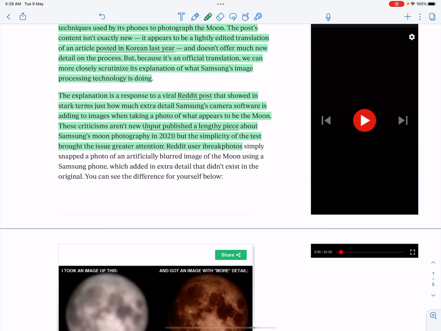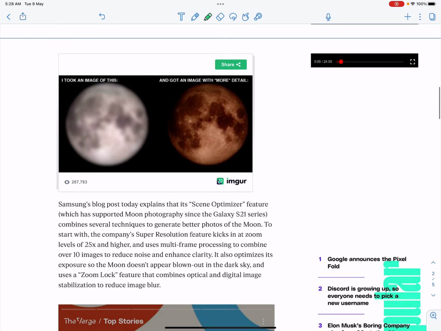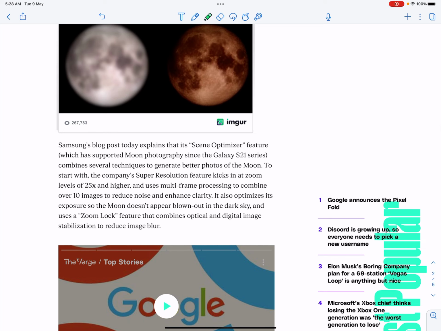Reddit user iBreakPhotos simply snapped a photo of an artificially blurred image of the moon using a Samsung phone, which added in extra detail that didn't exist in the original. You can see the difference for yourself below. And here we have the two images. The one on the left is a fake image of the moon, and the one on the right is the Samsung photo. Continuing,